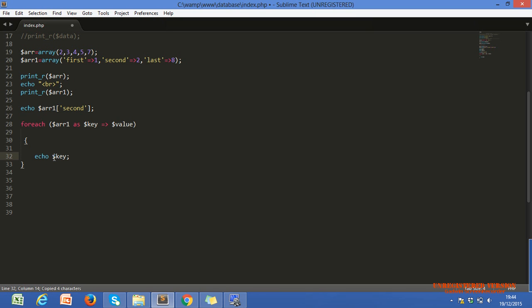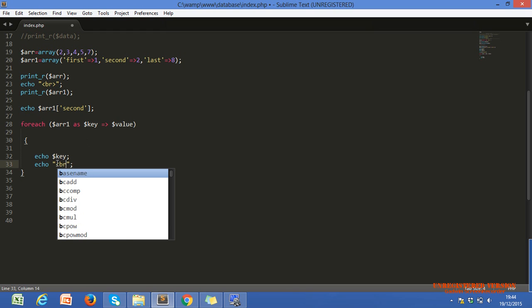What is the working of our foreach loop? It just takes one by one element from our array and assigns it to our variable. We can use key and value combination in our associative array or in an index array also. Let's see if it is printing all the keys or not. All the keys means all these keys, first, second, last, we have to print. Now my requirement is I just want to print all the keys only of our associative array. So we can do that using our foreach loop.